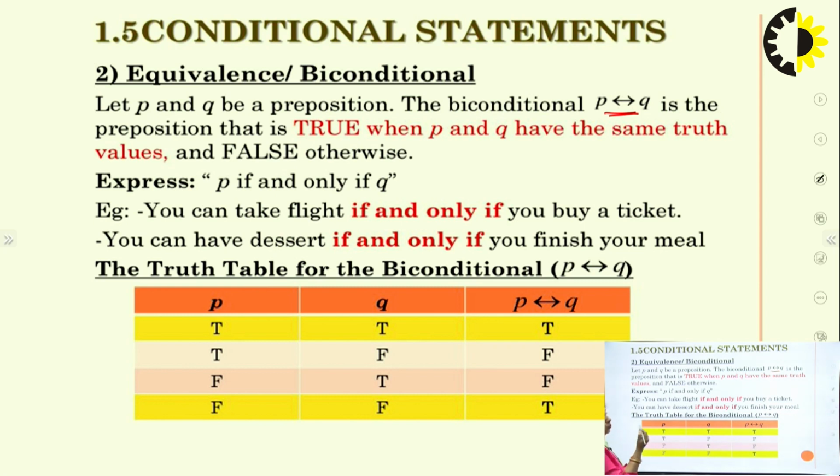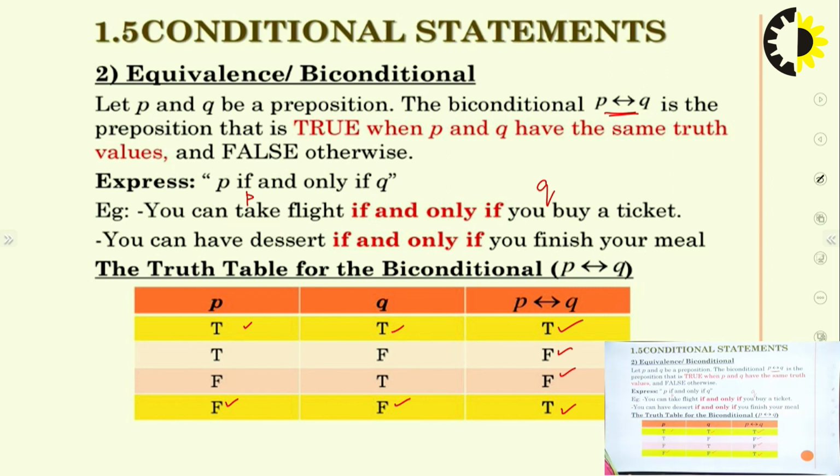If I take these as P and Q, and if this is true and this is true, then I'll have a true. If this is false and this one is also false, then I'll have a true. Otherwise I'll have a false. So let's check in the truth table. If both the inputs are true, then it is true. If both the inputs are false, then also it is true. Otherwise it is going to be false. If any one is false, then it is false. So this is how a